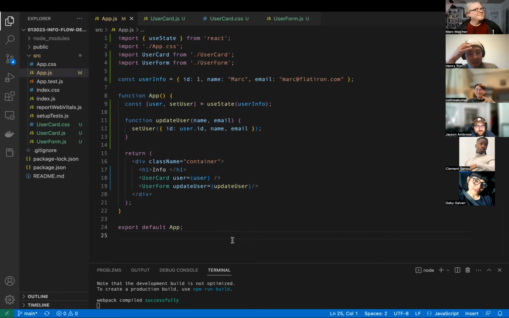On lines 11 through 13, that function update user. So I understand that on line 12 set user, you're updating the user object on line 9, right? Which is what's rendering the big information card on the app. But I'm kind of confused as to the syntax after set user, like that object that you're